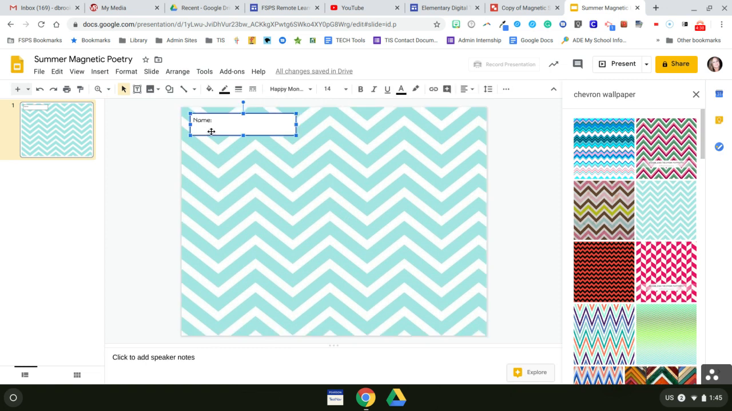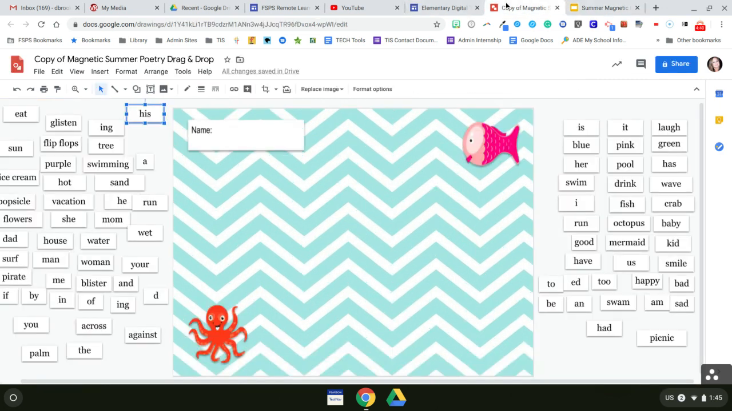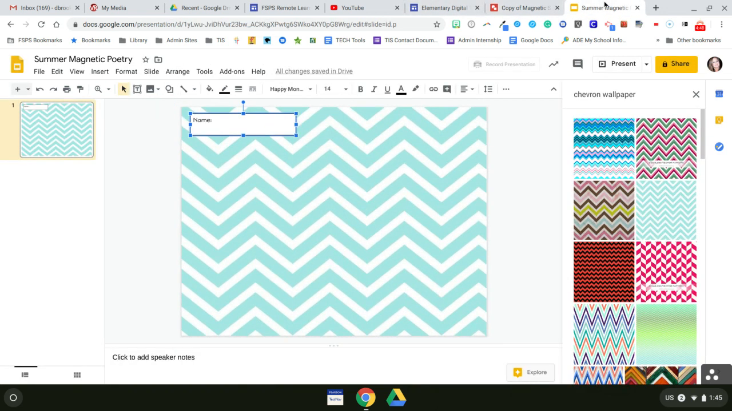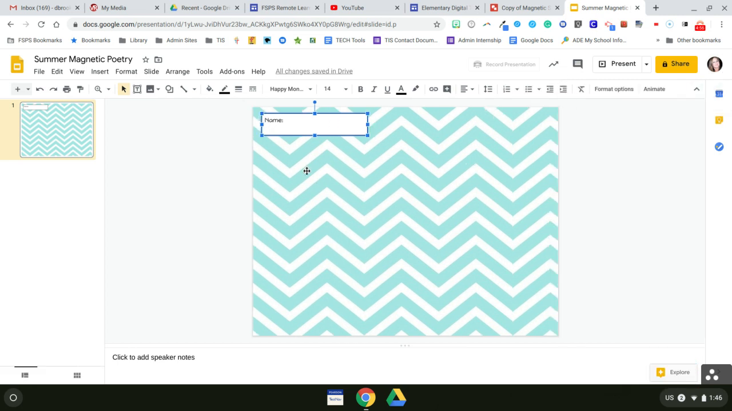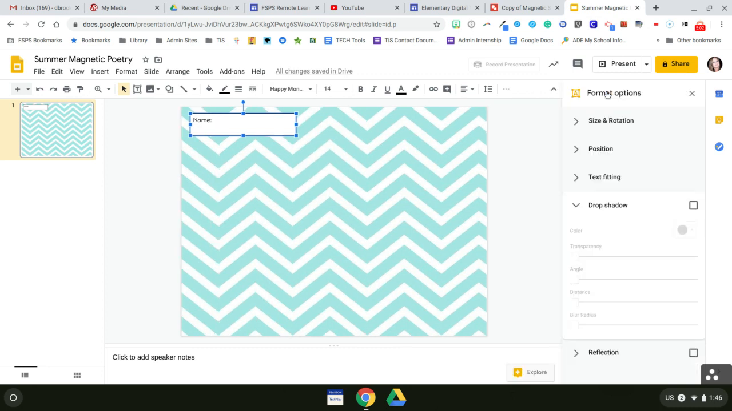The next thing I want to do, if you noticed on this activity, that name box and these magnet pieces, they stand out. It's like they're coming up off of the page. So that's a formatting effect that I'm going to show you how to do next. So I need to close out my image search. And do you see this box is selected? Now I can click on Format Options,